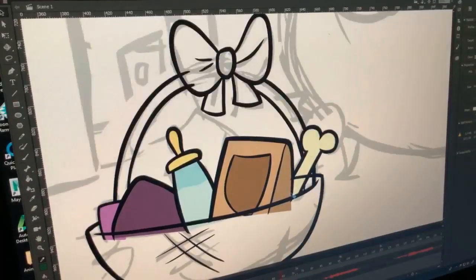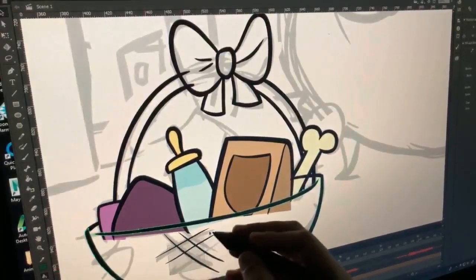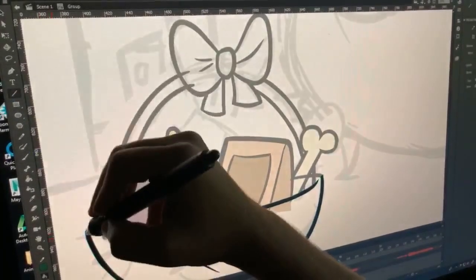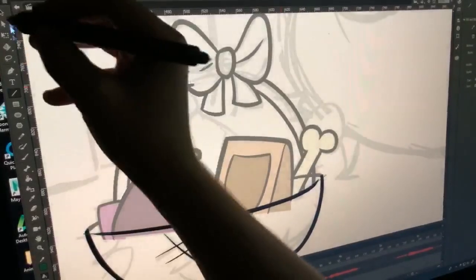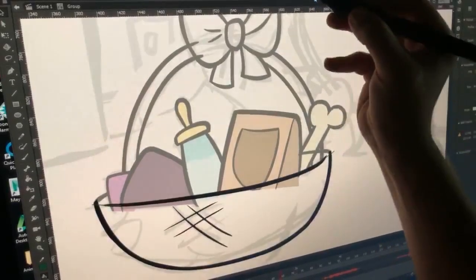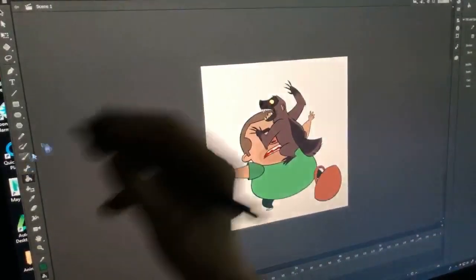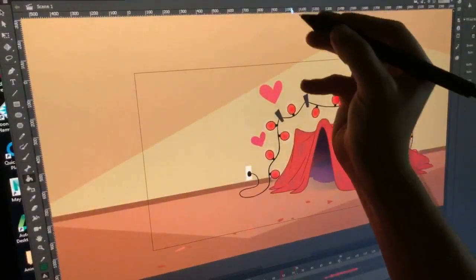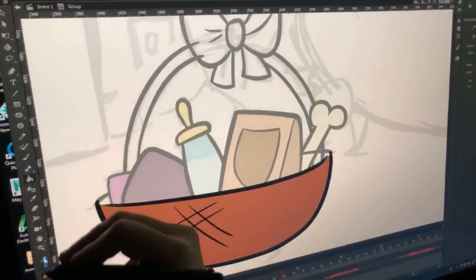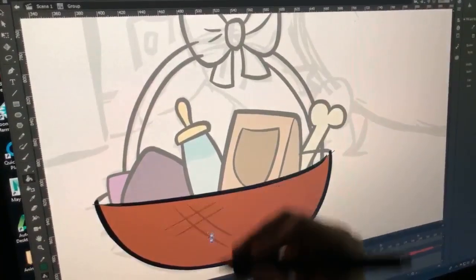Okay, so now I'm gonna put the front of the basket. I'm gonna make that into one object. So turn that into an object, and then I'll go in and color this, break, and then I think the basket I had, yeah, I'm gonna use that color. Fill it. This little hatching here, I'm gonna give it a darker color.